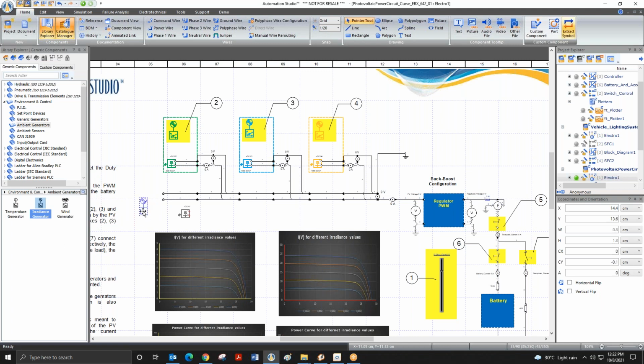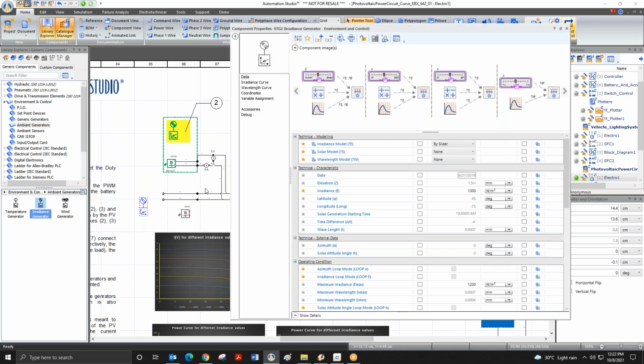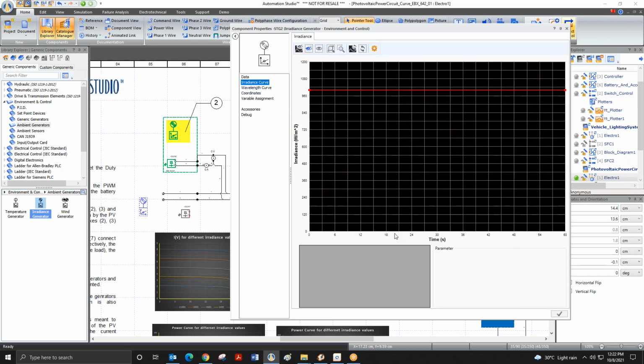So if I put this irradiance generator in one project, it will create solar rays all over the project. Again, over here we have different controls. In the irradiance model, you can control the irradiance. Like the school projects that we usually see, they collect data for a particular region throughout the day, right? So that data with respect to time, how your irradiance is changing, you can plot over here. Throughout the day, how my solar rays and intensity are changing, you can plot.